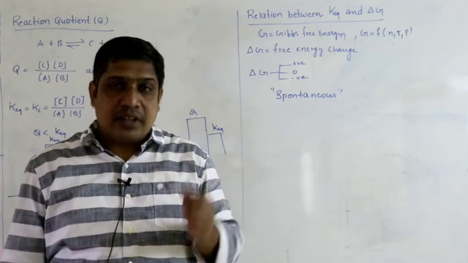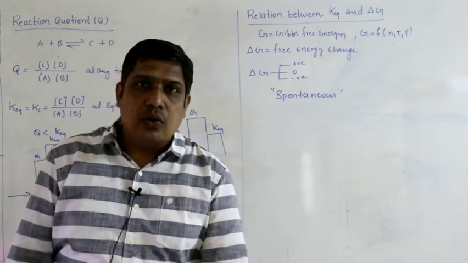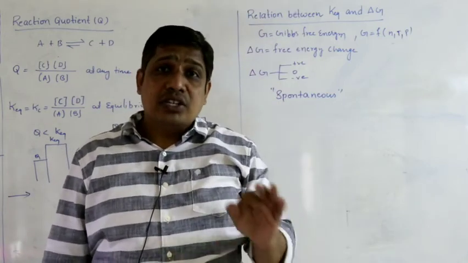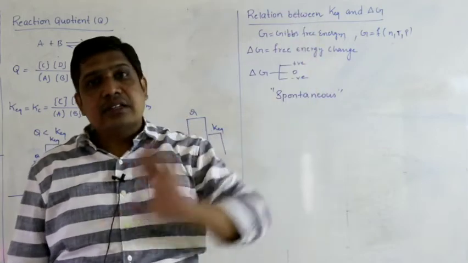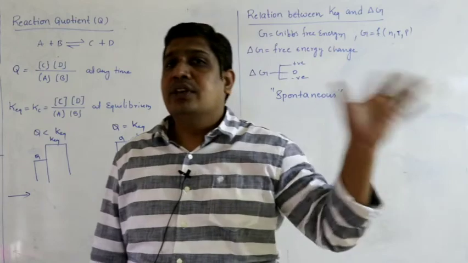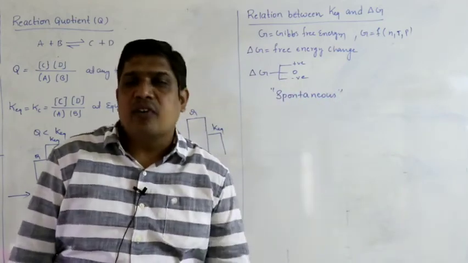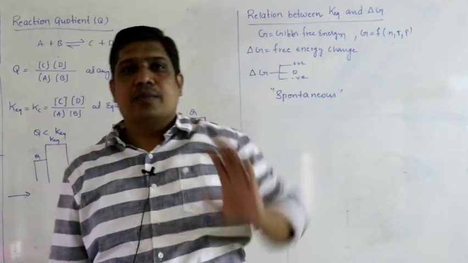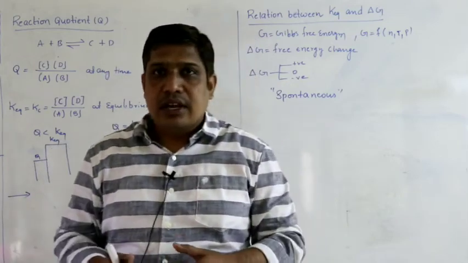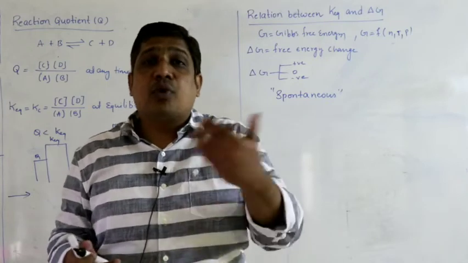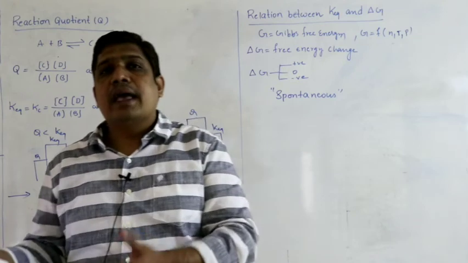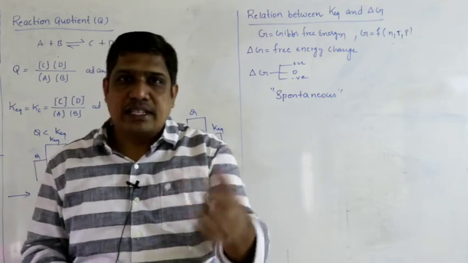Consider another example, pumping water from ground floor to the tank on the top floor. Does water flow on its own from ground floor to the top floor? The answer is no. You have to use external force. You have to run the motor by using current. Then only you can pump water from ground floor to the top floor. What is the difference? The flow of river water is a natural process, it takes place on its own. It is a spontaneous process, a process which takes place on its own without the help of external force.